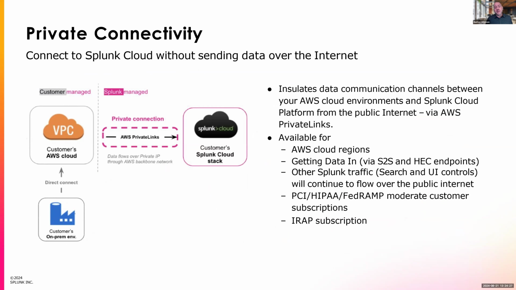Just the final piece to note, you see other utilities that are leveraging things like AWS private links. They may have their own unique requirements as well, and they want to prohibit any use of sending data directly over their internet. So you do have that additional layer to insulate that data via private channels with things like AWS Private Links. So lots of ways to structure things. We didn't get into kind of the shared model for what is the customer's responsibility in terms of architecting the data gathering. There's a number of ways to get that data into Splunk through forwarders, through agents, through APIs, database connections. So those are all things that we could have.